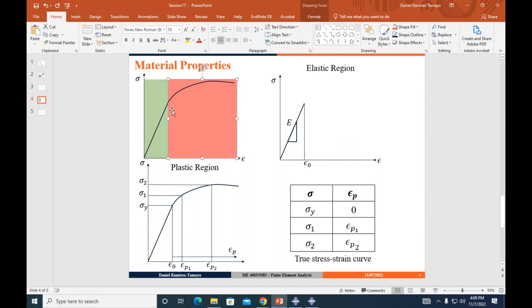Usually, or not usually, every material has two regions. The elastic region, here highlighted in green, and then the plastic region. So those of you whom I asked to start looking into plasticity, pay a lot of attention here, because this is how you do plasticity modeling in Abaqus. So what we are going to do is,